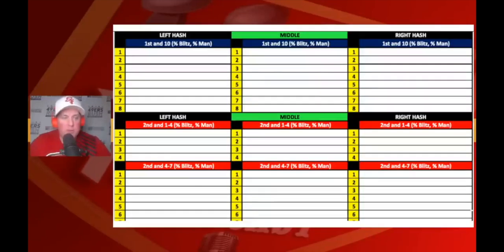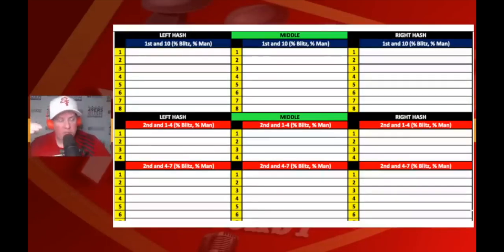So like this shows you have your scripted plays, that's the first box. Underneath that is, well, if it's on the left hash and it's second and short, okay, second and 4 yards or less, sometimes people have 3 yards or less, there's certain plays that you will call. And that will change based on a team you're playing. Do they blitz a lot on second and short? Do they play man a lot? Do they play zone a lot? So what you build in is how you're going to handle that.